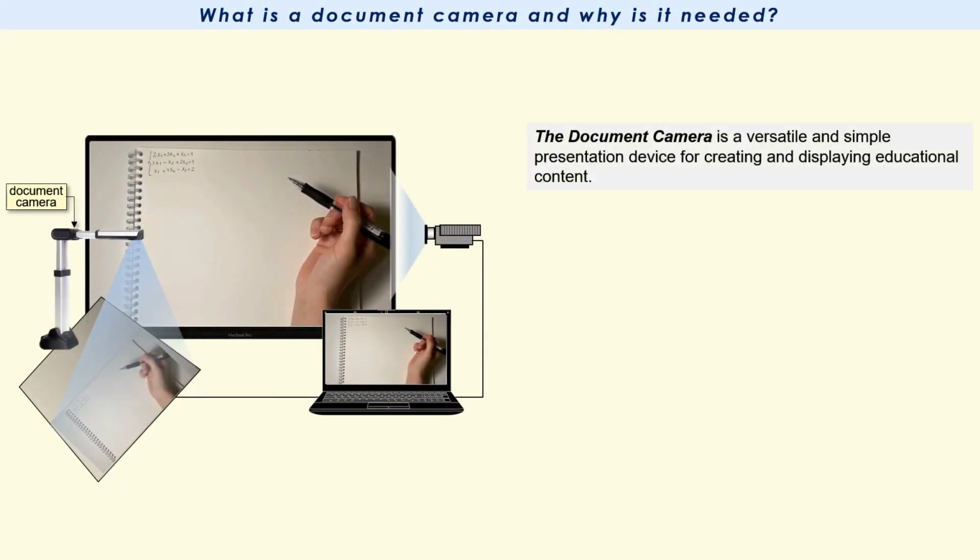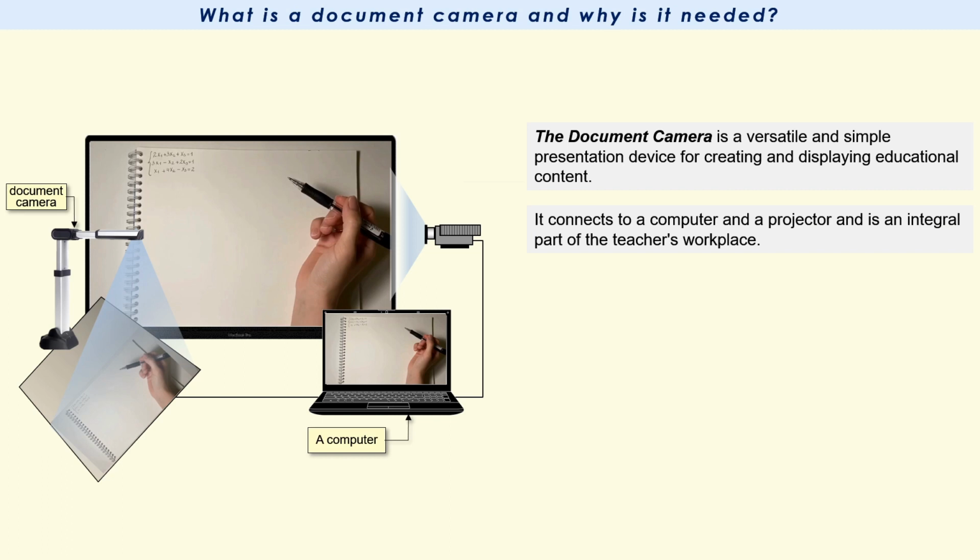What is a document camera and why do you need it? The document camera is a versatile and simple presentation device for creating and displaying educational content. This is an electronic device in the form of a webcam on a tripod. The camera has a high resolution, the lens of which is directed at the object of shooting from A4 to A3. The document camera is connected to a computer and a projector and is an integral part of the teacher's